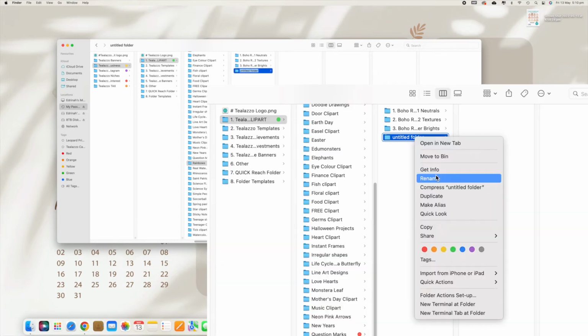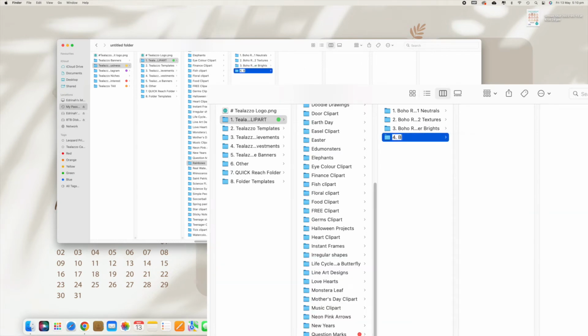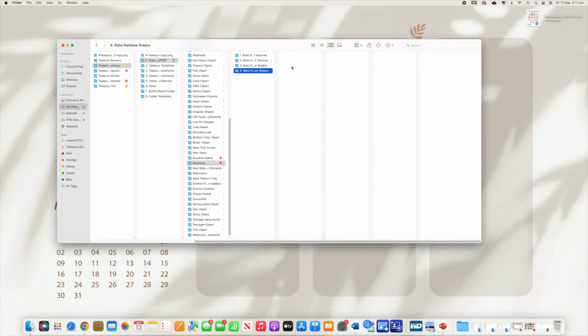So let's, for example, say this is the 4th set. So I would name it boho rainbow. Let's just say greens, for example. Say they're green rainbows. I would click that. I would then paste that folder template, which I got from my folder template file, and so I have this